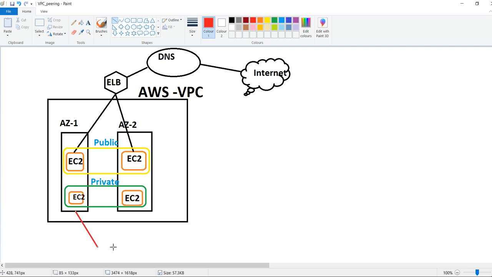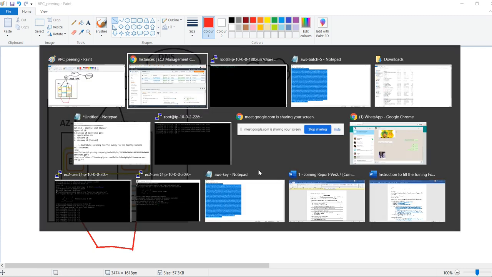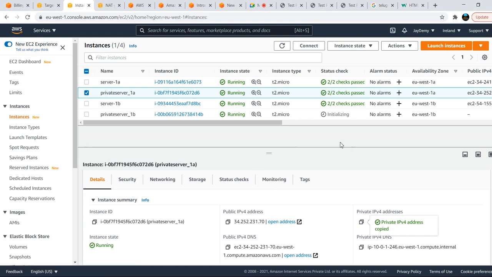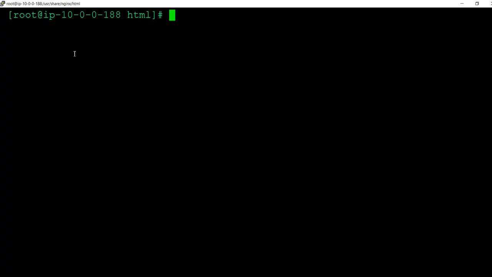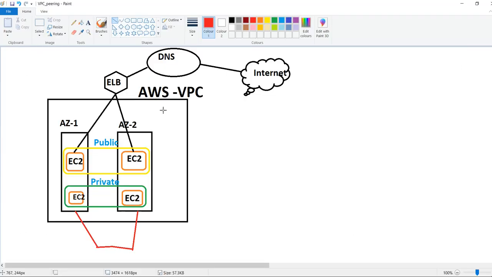By default, there is connectivity between these two availability zones. Within the VPC, the servers can communicate with the help of private IP addresses. First, we will connect to this machine with the private IP address. For that, I have used one server in a public subnet, assume this is EC2 machine 1. With the help of this machine, I am connecting to this EC2 machine.